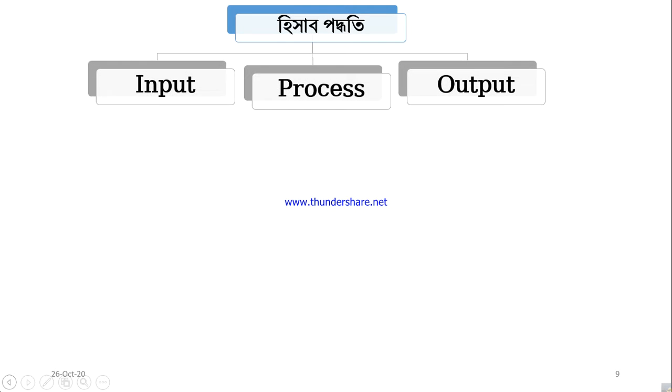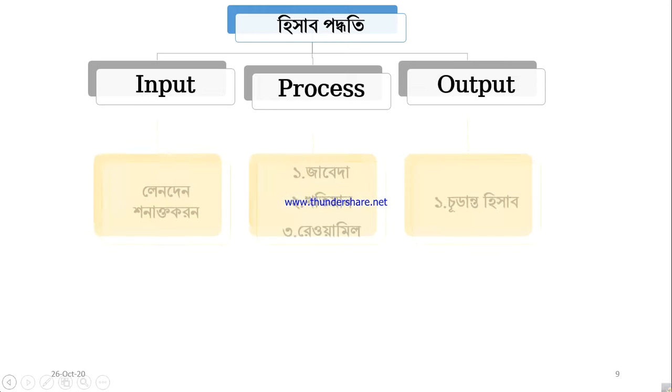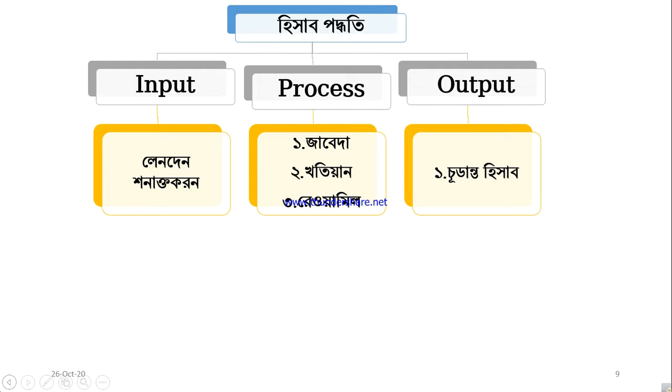So, it is time to understand the system of accounts for recording the transaction. The system of accounts means input, process, output. Every system has 3 parts: input, process and output. Now the question is, in what process will the accounting be adjusted in a particular format? That means in what way the transaction will be transmitted. In this case, input indicates identifying the transaction,